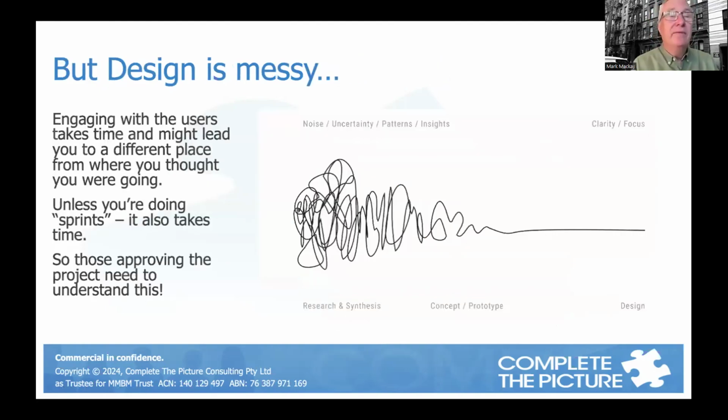What are the downsides of using design? If you're engaging with users, that means it takes time. You've got to get them into the organization. You've got to find time to do it. Even if you're engaging with stakeholders in your organizations and your colleagues, you need time, you need space. And by exploring and trying to build a better understanding of what the real problem is or the problems are, you're going to do a whole lot of